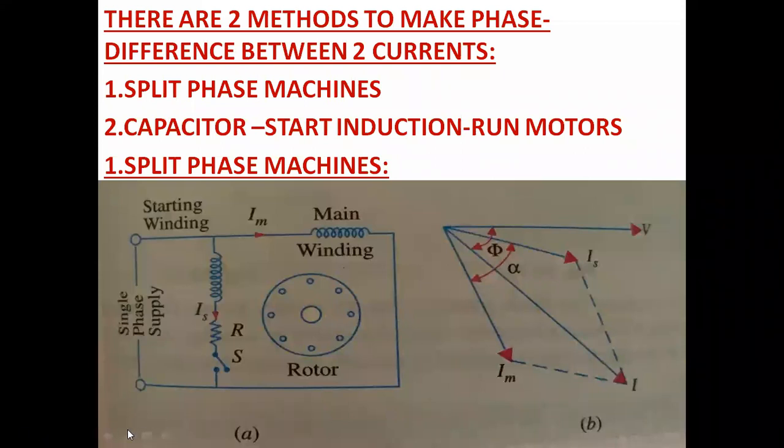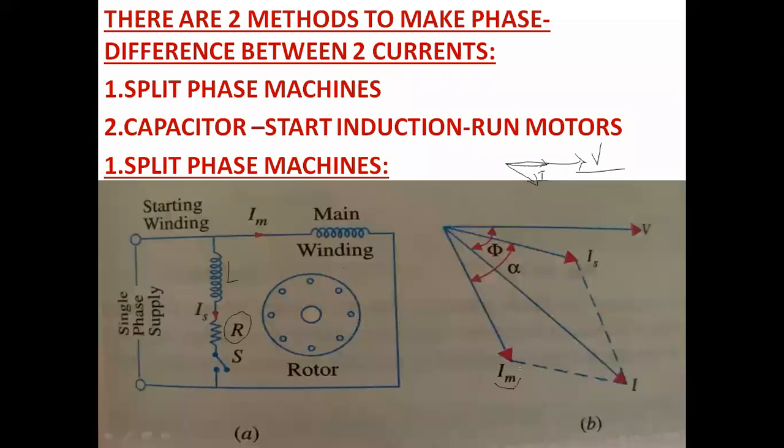Resistive means what happens? See here, resistive means what the phasor diagram looks like. If V is like there, for R, I will also be in phase. Okay, so I am taking here somewhat resistive nature and somewhat inductive nature. So it is neither in phase nor completely lagging. It is in between. It is nearer to the voltage and not as far away from the voltage as the inductive nature.